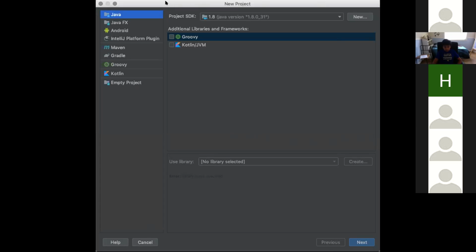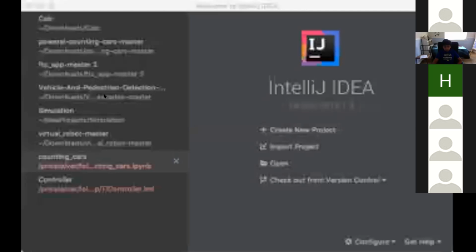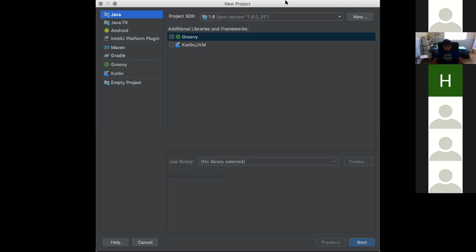So I just clicked, one second, I went to here. I think we can't see it. I just clicked new project, create a new project. So everyone click create new project, and then it opens up a new tab, which will bring you straight to this.